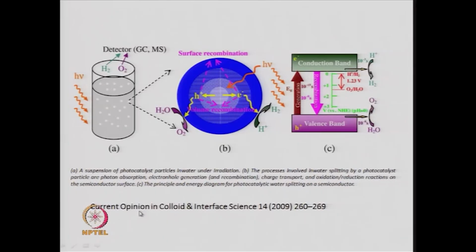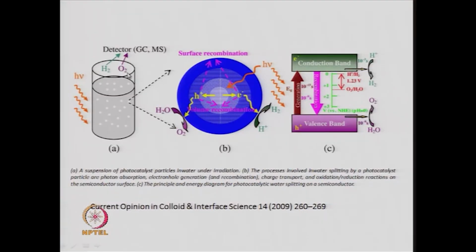Now, how to understand this process, or how to do an experiment to find out whether hydrogen and oxygen are being generated. You can use the catalyst which is titania, and you irradiate with light. So, you shine light of a particular frequency, h nu, which can be in the region of the ultraviolet or the visible, and hydrogen and oxygen are detected through a gas chromatograph or through mass spectrometry,